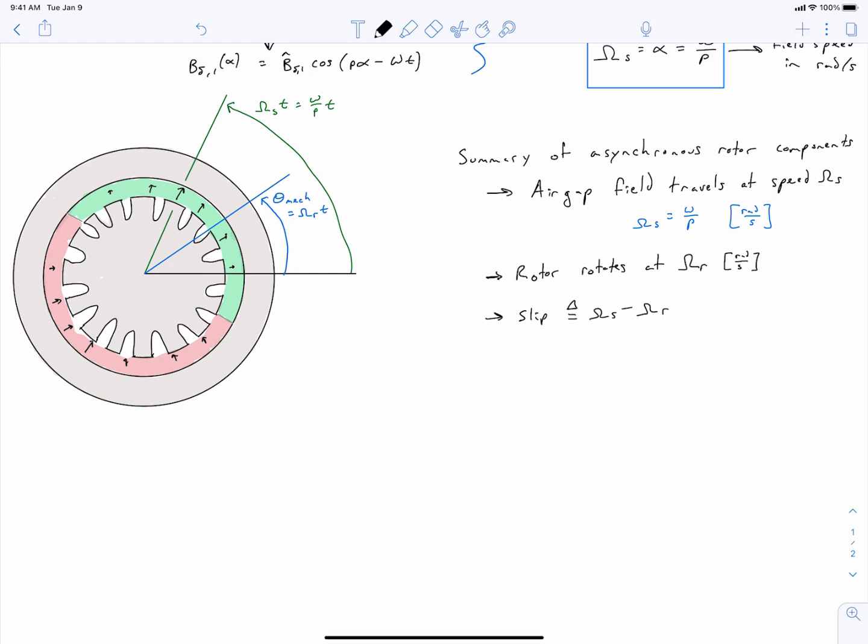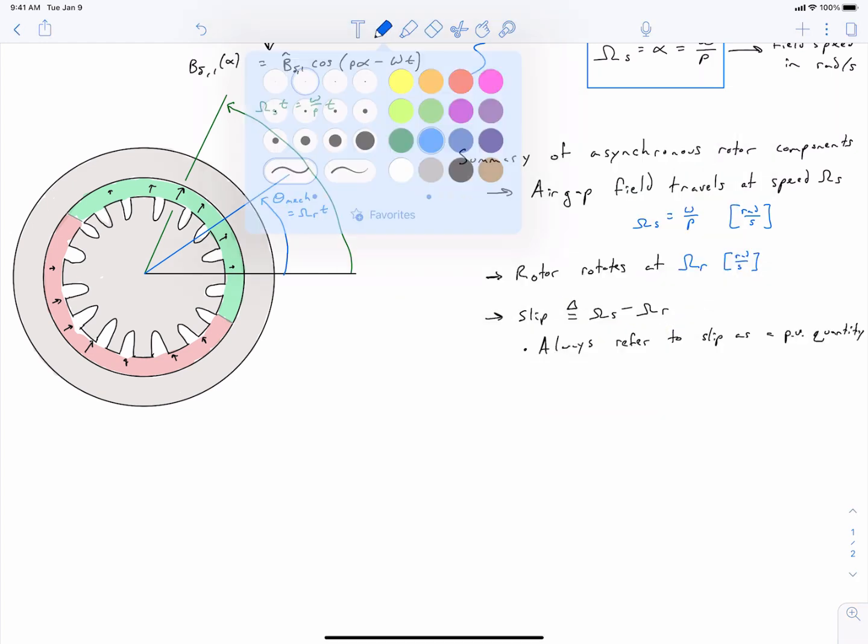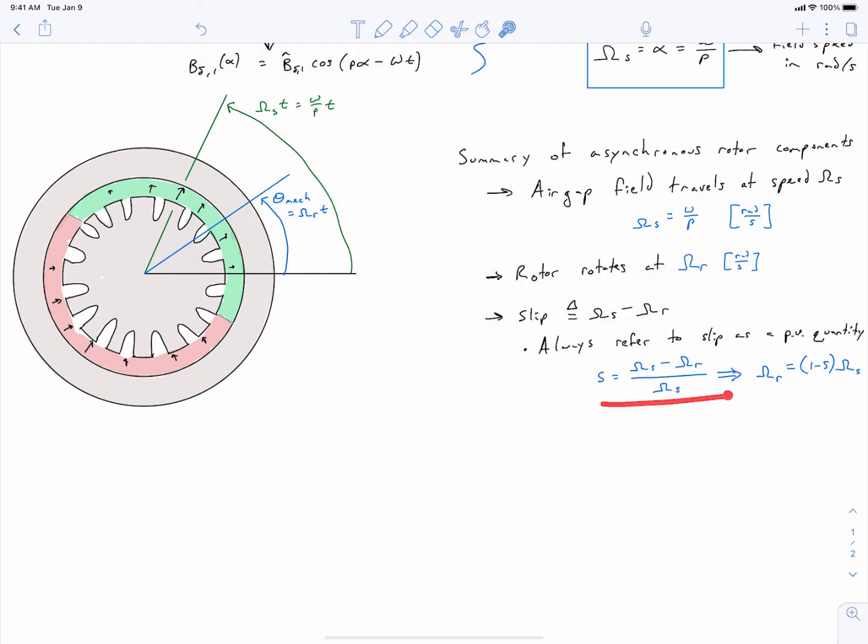Whenever we talk about slip, we don't talk about it in units of radians per second. We always talk about it as a per unit quantity, where it's defined like this. Slip as a per unit quantity is equal to the stator speed minus